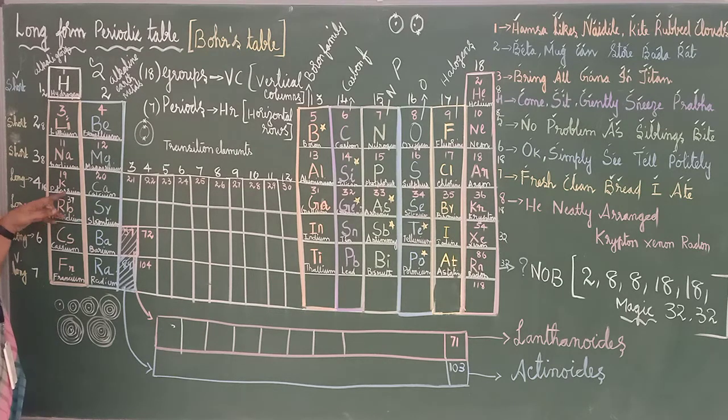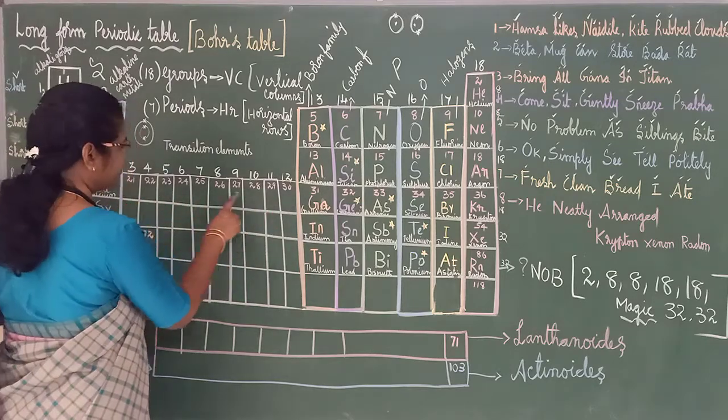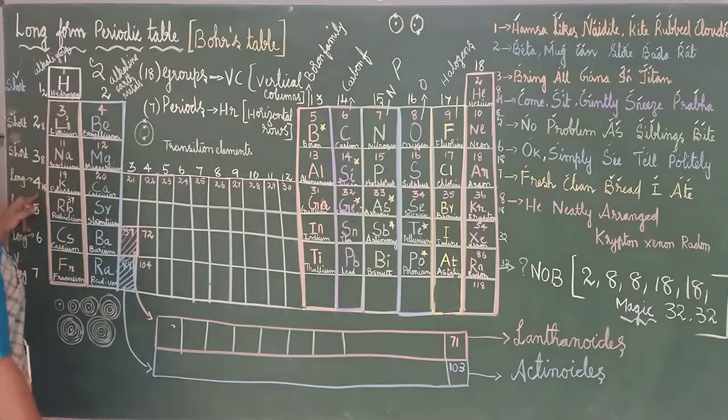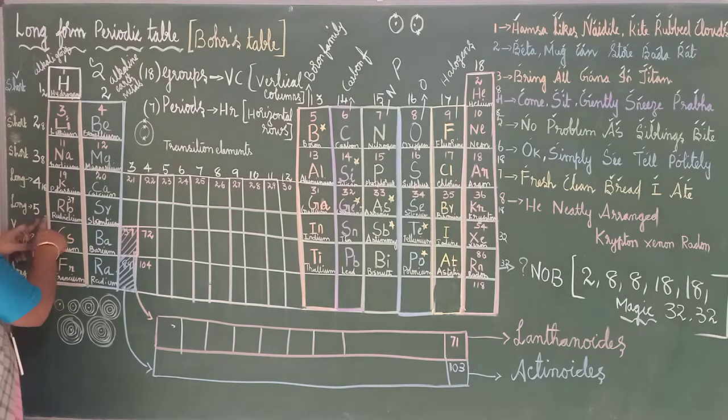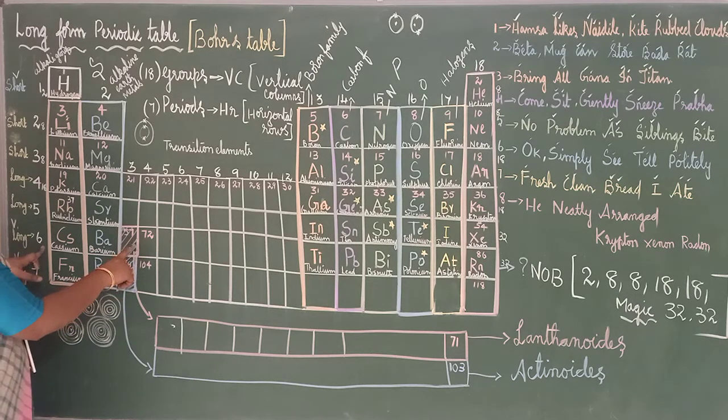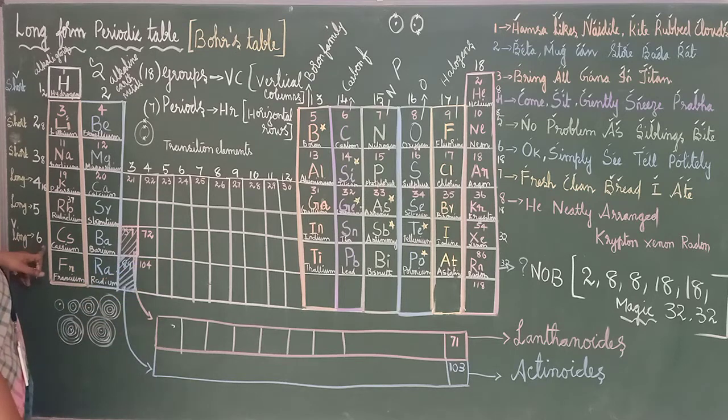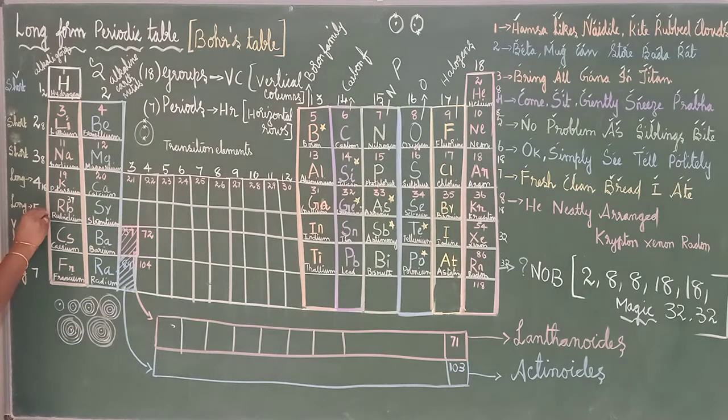And this one is the potassium, calcium, this group. In this how many are there? 18 are there. I have added this also. So 18 are there. So this is a long period. This also has 18. So this is also a long period. And here I have lanthanides here and actinoids here. So this should be added with this. So total it will be 32. Okay. So this will be 18. Here there will be 32 elements, and here also 32 elements. So you can tell this as very long.